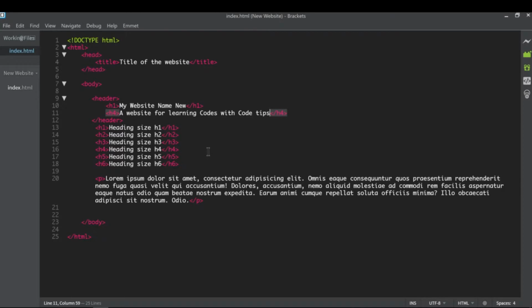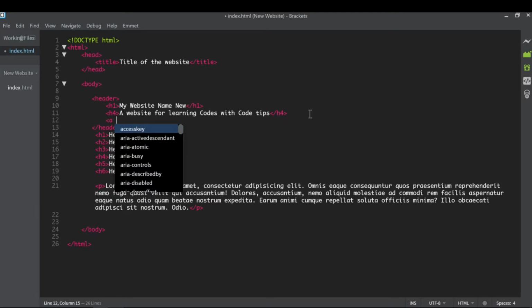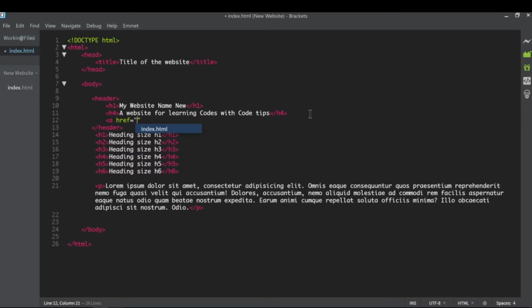So let's go back to the editor, and now we're going to work on the next tag, which is the anchor tag. An anchor tag always goes with href. That means referring which website or which page it should go to. So I will write href, and I will write here for now a pound sign, that means an empty link. I'm going to close it, and I will write here, let's say,